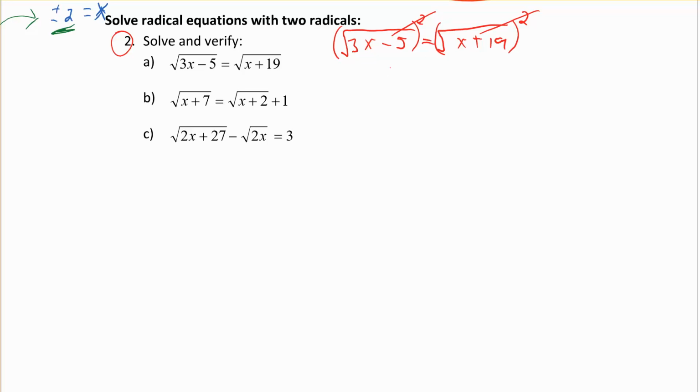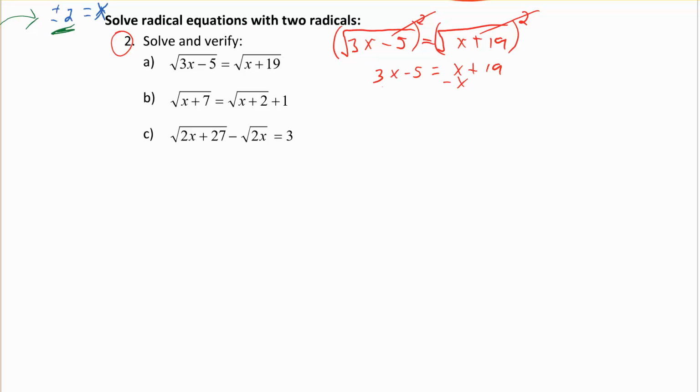a lot easier. So what I'm left with is 3x minus 5 is equal to x plus 19. Now all I gotta do is get x's on the same side of the equation and just the other numbers on the other side of the equation. So I'm gonna bring x's to the left side. Doesn't matter, I could go to the right side too, but I'm just gonna bring it to the left side, numbers to the right. So what I'm gonna do is bring x to the left, so I'm gonna subtract x